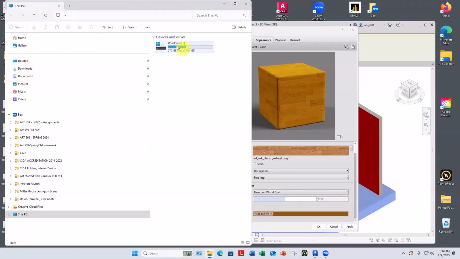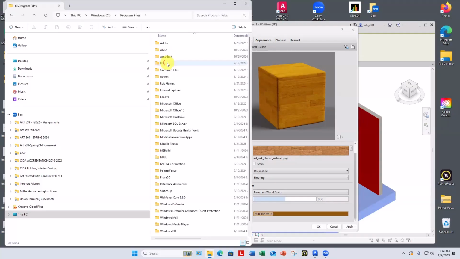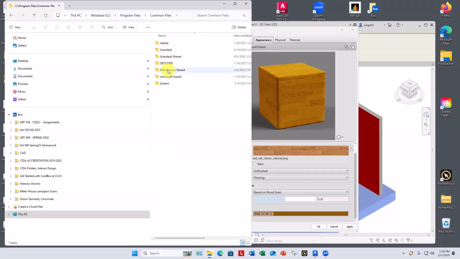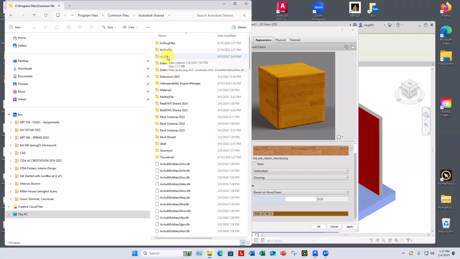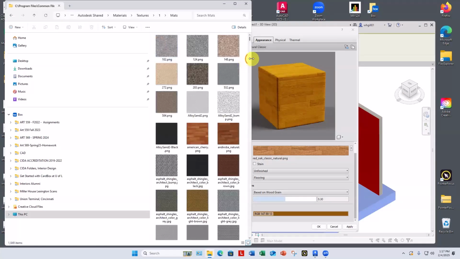And that would be in Drive C, Program Files, Common Files, Autodesk Shared Files. Autodesk, Revit and AutoCAD share the same materials libraries. Materials, textures, and what we're looking at, the low resolution ones. We have the exact same images just getting twice as big and 4 times as big. If you're doing really big renderings, you want more detail. So we're just going to 1 and then mats, and then we have the whole slew of them